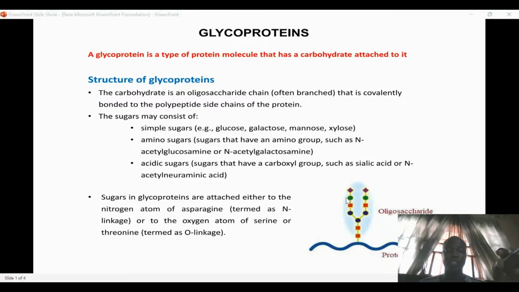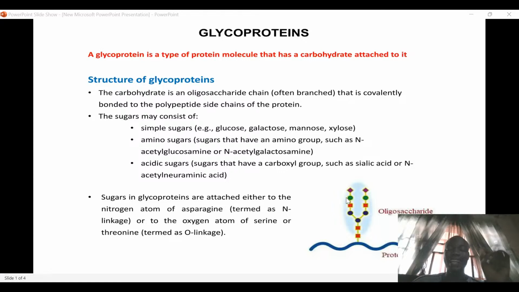Glycoproteins means sugar and proteins. Glyco means sugar. So when you have sugar attached to proteins, you have what you call glycoproteins. And then we also have glycolipids. Glycolipid means you have sugar and lipids. So as I said, for today's class, we are going to look at the concept of